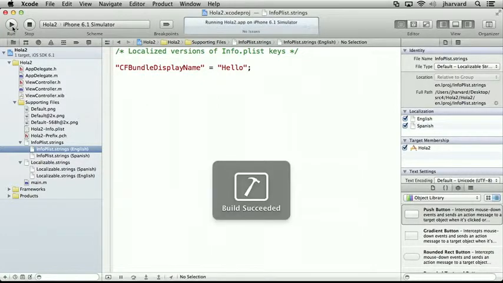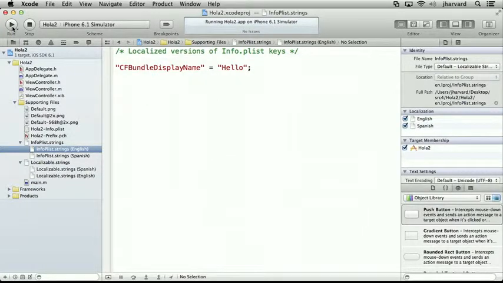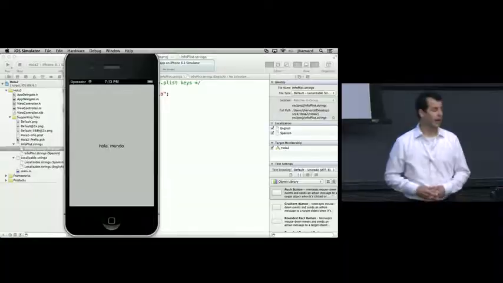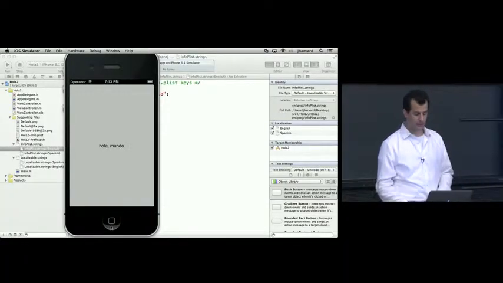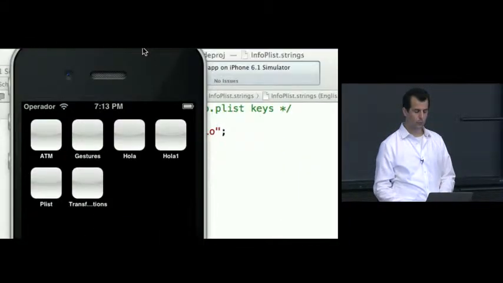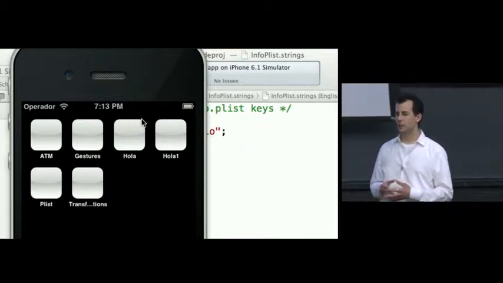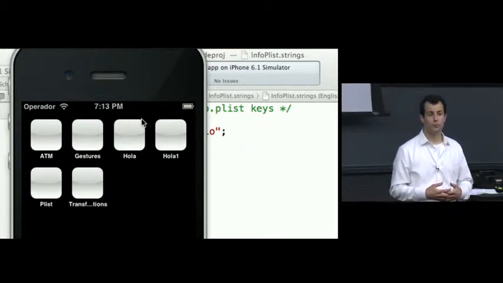If I go ahead and run this, I'm still in the simulator here. So we should see now the second version of this code. Voila. Hola mundo. And if I now go back to the desktop and take a look at the program's name, it's Hola. If I go back to English, that should change to hello, and the string should go to hello world. So sort of lesson learned here, especially if you're planning on doing something for the App Store and you